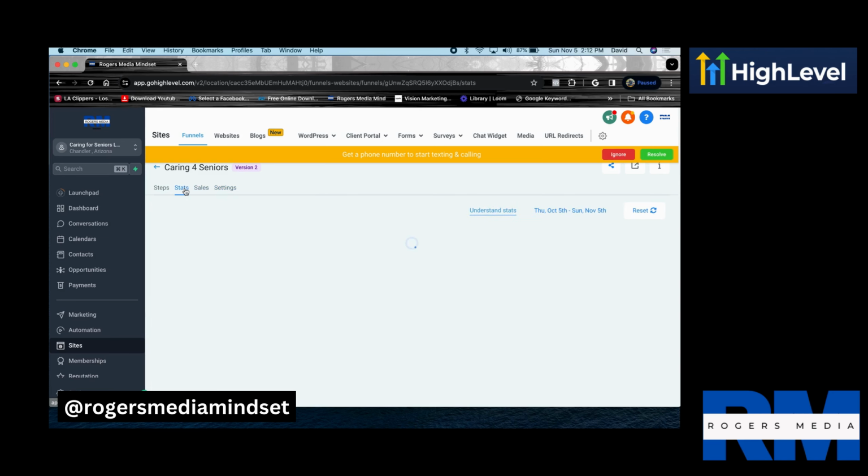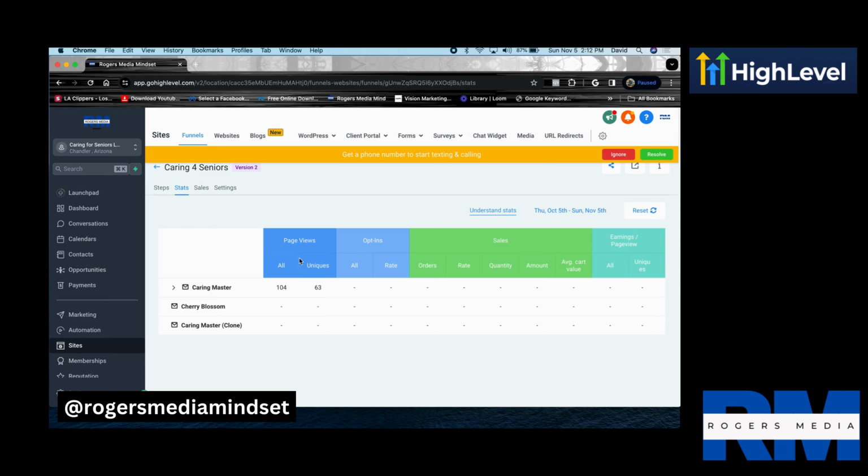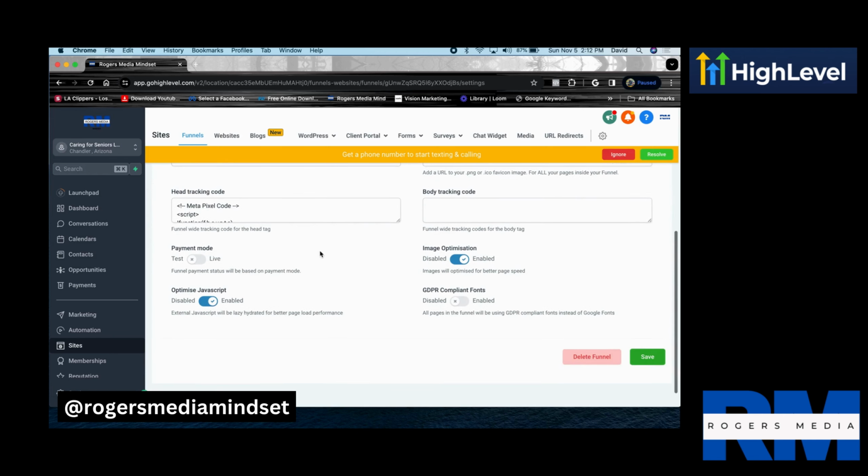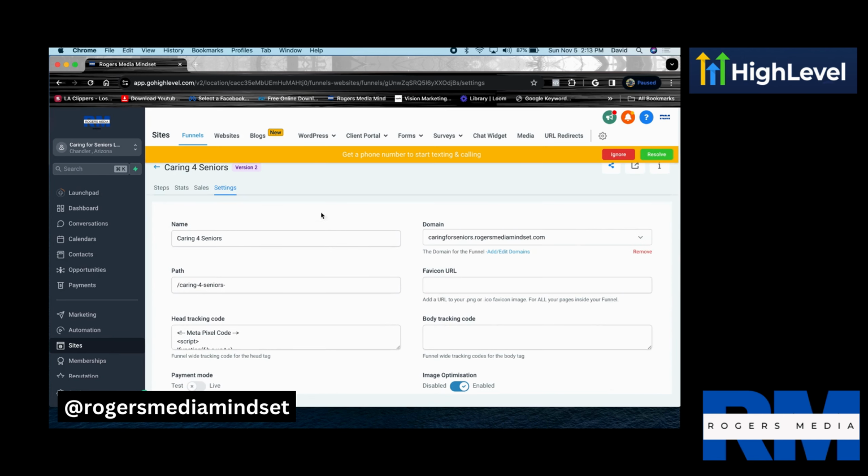So here's the stats. The stats are basically showing the number of page views, all of the pages, all of the visitors that have visited this page, and how many of them were unique. So a lot of people revisited this funnel several times. And here's our opt-in. People opted in, filled out our information, the sales and earnings page as well. So again, as I mentioned, back to settings. So yeah, we can see where everything came from. So